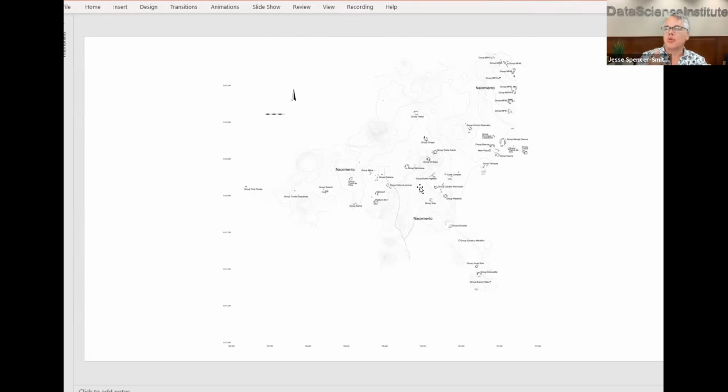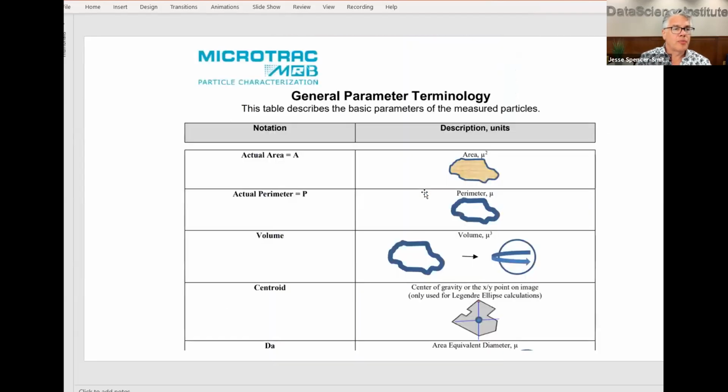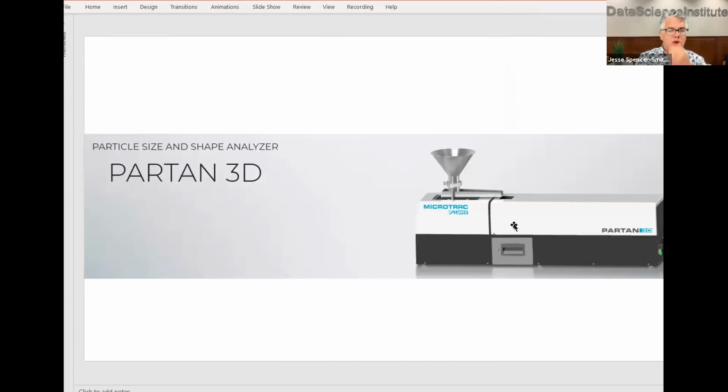But he had a brainstorm really just a few years ago, and it occurred to him he could use industrial 3D particle analyzers. Now, normally these things are used in industry. And what you do is you take your sample of beads, your little particles that you're creating for some industrial purpose, you pour it into that funnel, and there's a very high-speed camera that's taking pictures as those pieces are falling and tumbling. So you can actually analyze them and take lots of measurements.